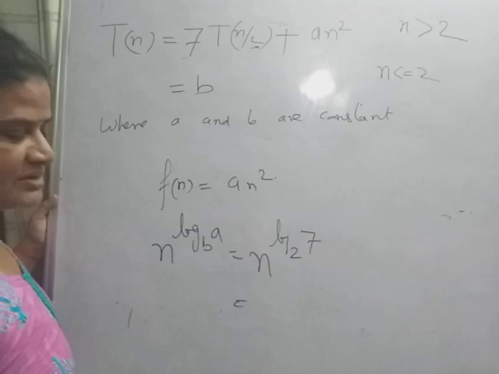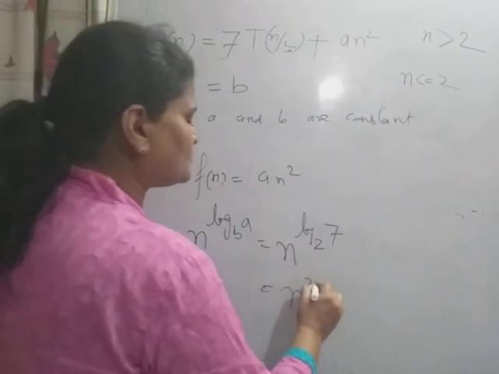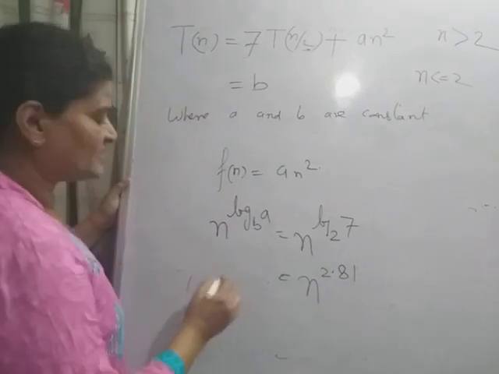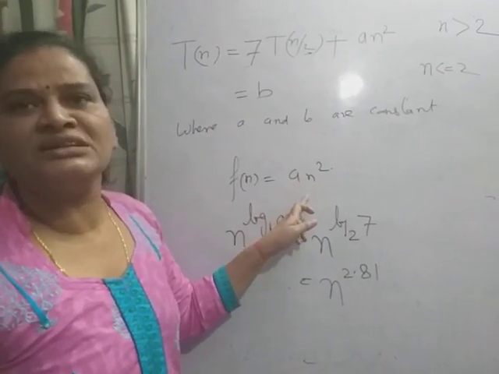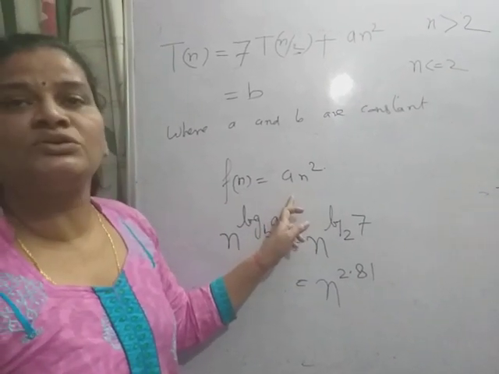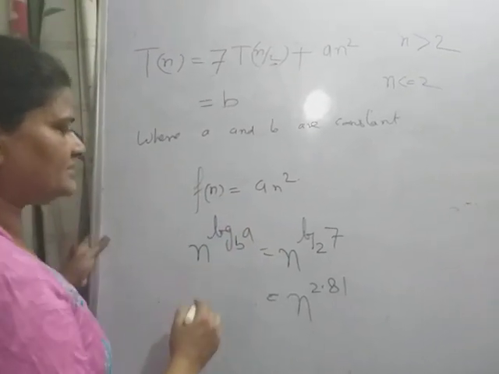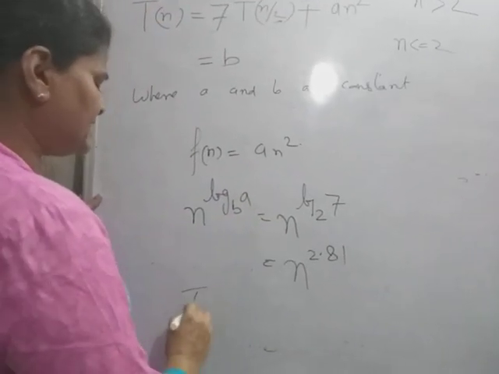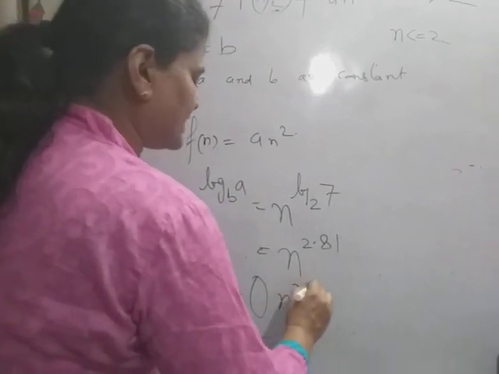If you compute the logarithm table, then simply this log 2 base 7 is n to the power 2.81. So of course this is greater than n square, n to the power 2.81 plus some epsilon. So here it will go to the first case of master theorem, and its complexity is Tn equal to order of n to the power 2.81.